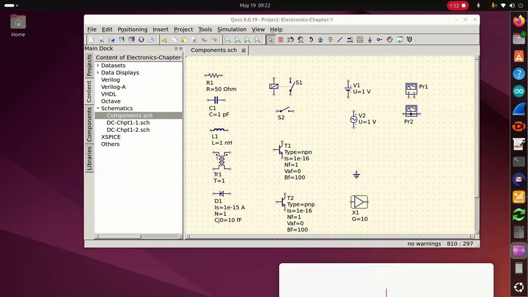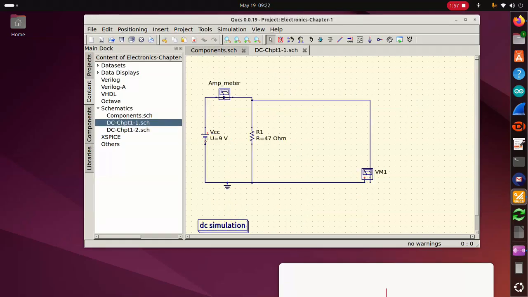One of the first schematics, one of the first things that we are going to build. We talked about taking the 2 meters that I introduced you to in the last video. We're going to interconnect the meter. We're going to have a source of 9-volt battery. We're going to connect the positive lead of that 9-volt battery to the positive lead of our amp meter. The negative lead of that amp meter is going to connect over to resistor 1. Resistor 1 is going to be a 47 ohm resistor, and that is going to connect to the negative lead